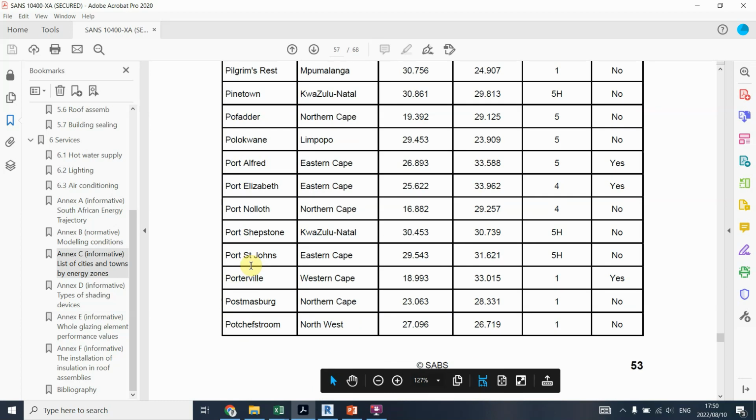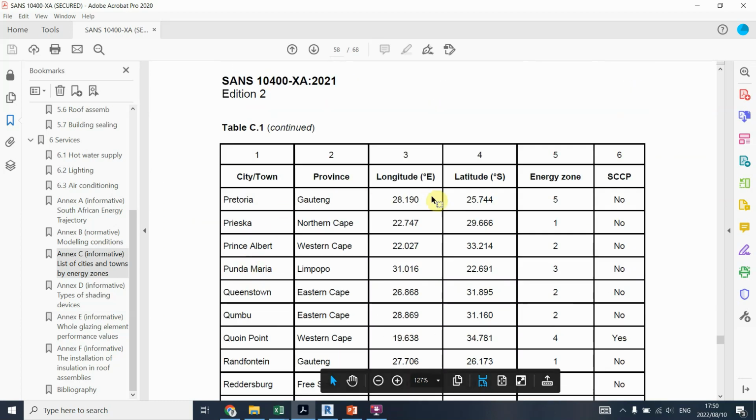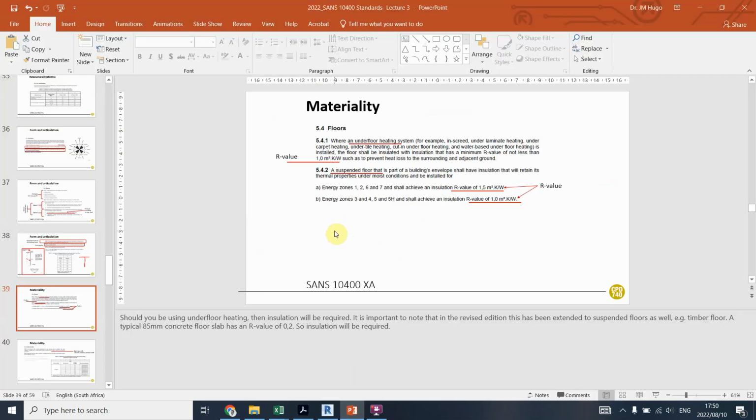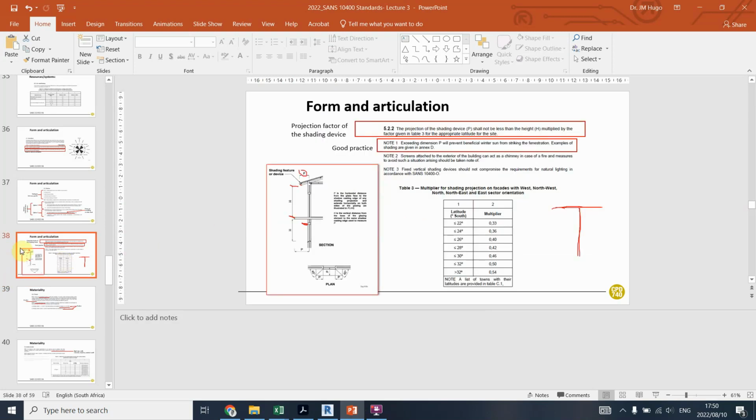And Pretoria, where are we? There we go. Okay, we see that we've got a latitude of 25.7. Okay, so that's important. Write it down somewhere, 25.7. If you then go back to the standards, and there's an excerpt here,